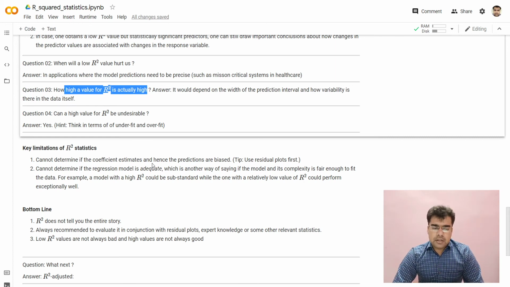Okay. Now, apart from this limitation, R squared statistics also suffers from another limitation, which is that it has no way to find out if the regression model is adequate. Adequate means how complex a model we should go for. It has got no way to figure this out, and it is not giving you this information. So in general, we also look for some different metrics in conjunction with R squared statistics to have a feel of how complex a model should be chosen for a given application. R square alone cannot give you this information.